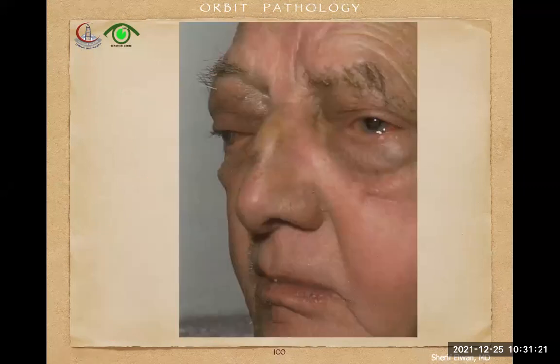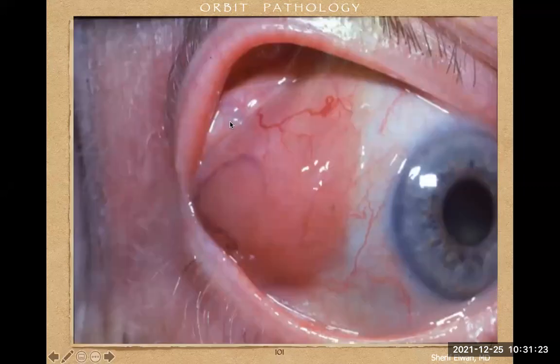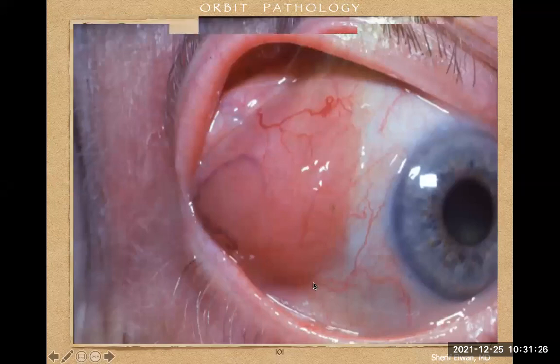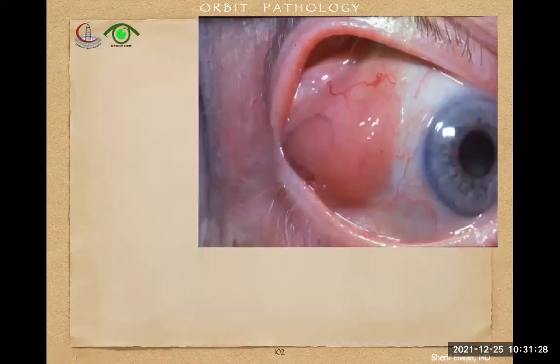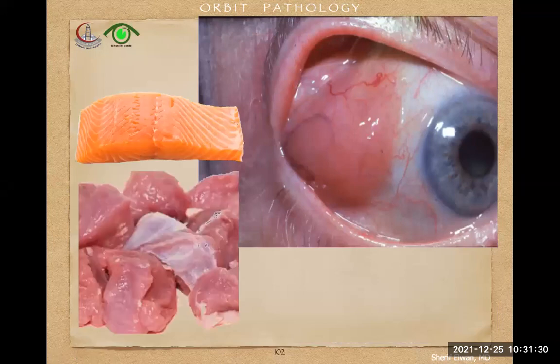And as you can see, the mass here looks really like veal, not like salmon. So whether you call it salmon-like or veal-like or whatever, that's agreed as long as you suspect